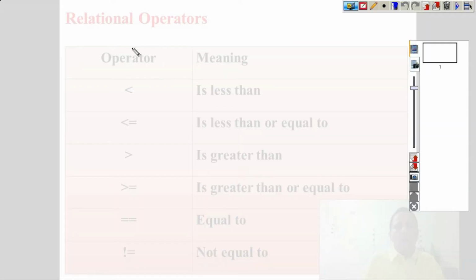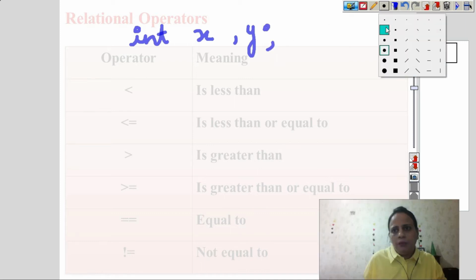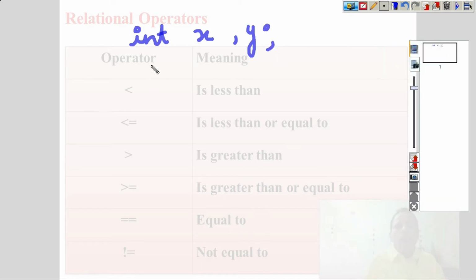Boolean value means, for example, we have two variables x and y. Then we can compare these variables. For example, let's say x is equal to 5 and y is equal to 6. We can compare these variables with the help of a Boolean operator, for example, x less than y.